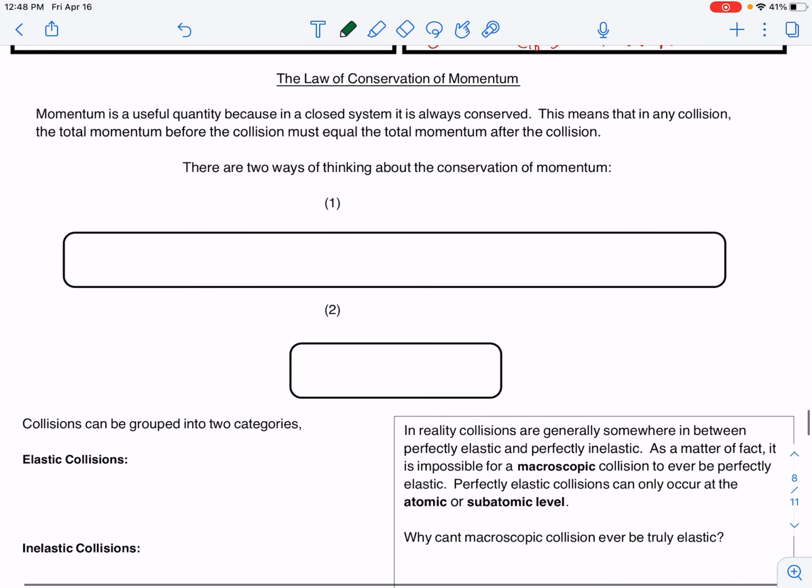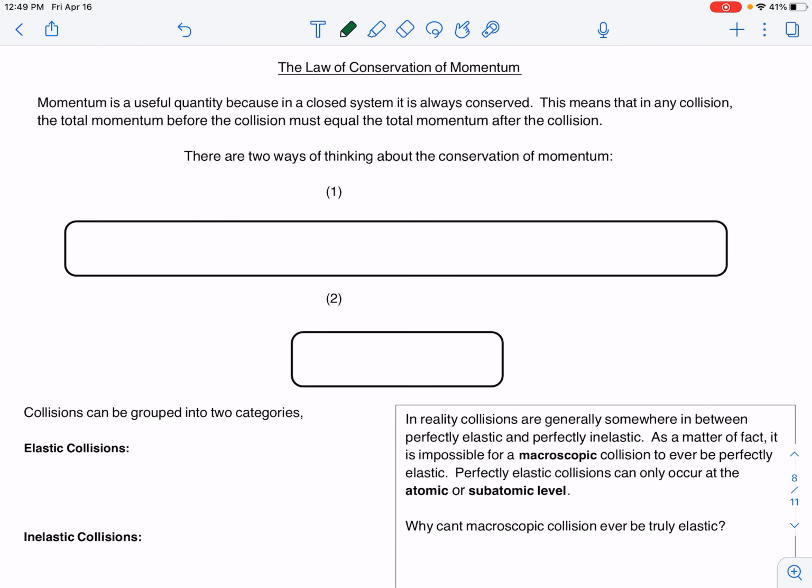Now, one thing you'll notice is that momentum, just like energy, is always conserved, right? We have a concept called the law of conservation of momentum. And very similar to energy in the way we've talked about it, our initial momentum is going to be equal to our final momentum. All right, we can expand this formula out. Our initial momentum